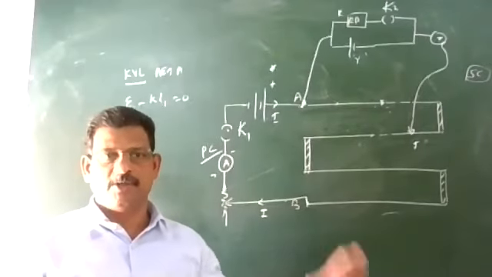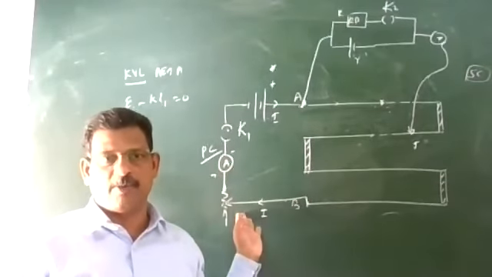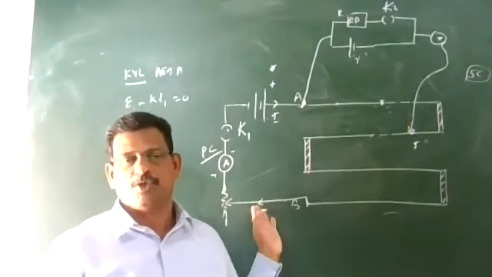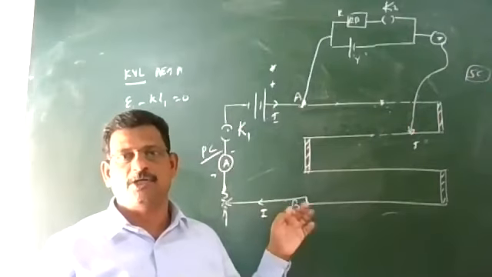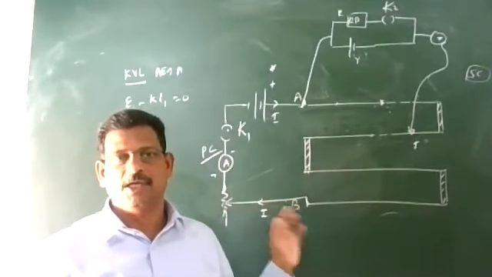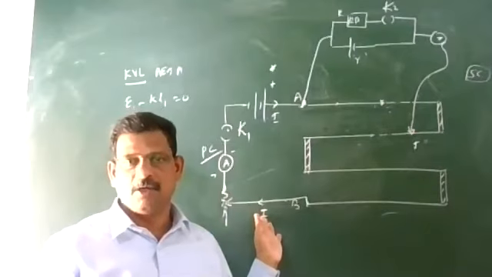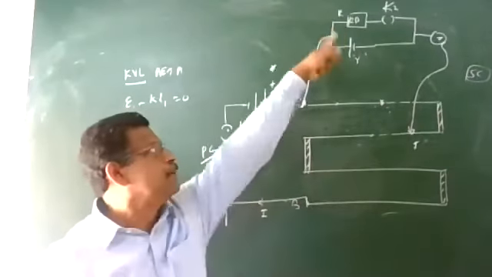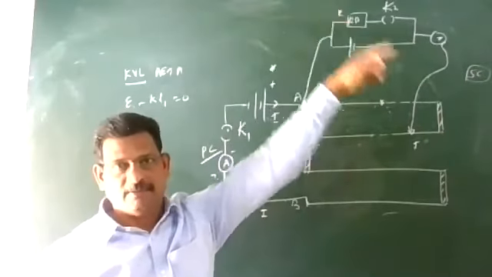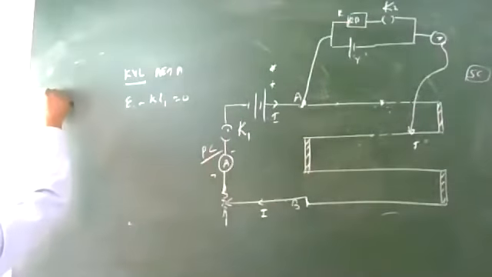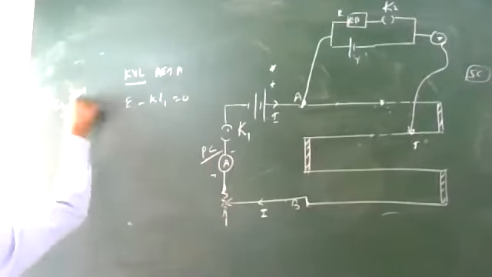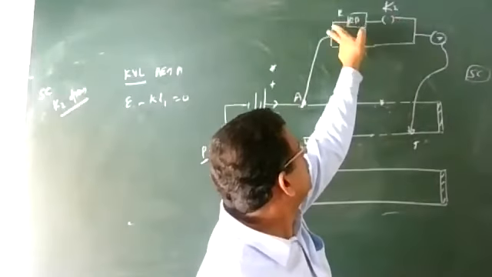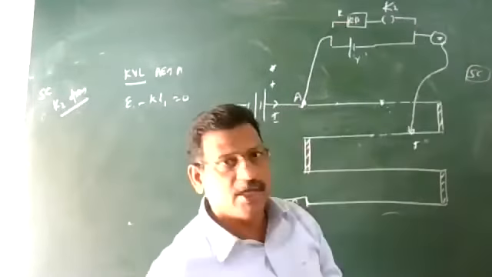So what do you do in this arrangement? First point: arrange your rheostat for a particular current. After that, no need to change it throughout the experiment, so that K is maintained constant. The potential gradient and least count of the device should be constant throughout the experiment, so there is no change. Then what to do? Keep K2 open. The secondary circuit key K2 should be open. It is called open circuit. When it is open, the upper circuit has no meaning.